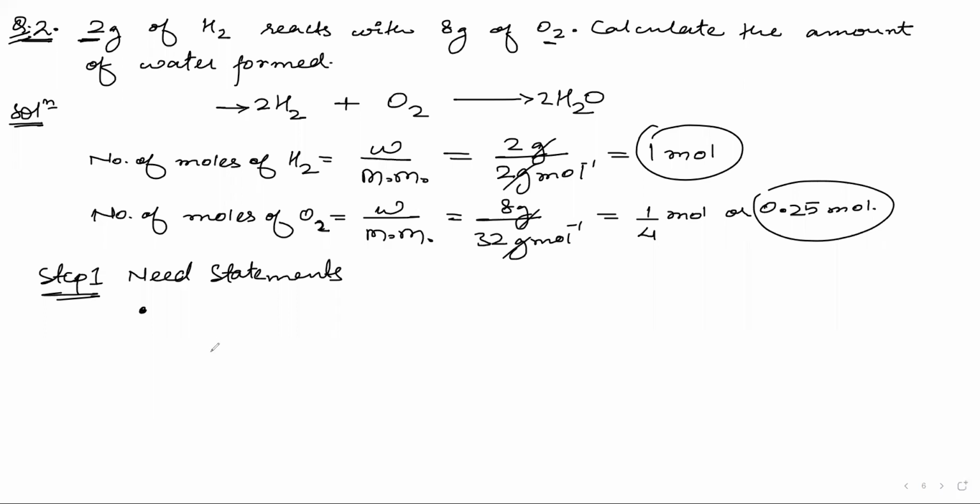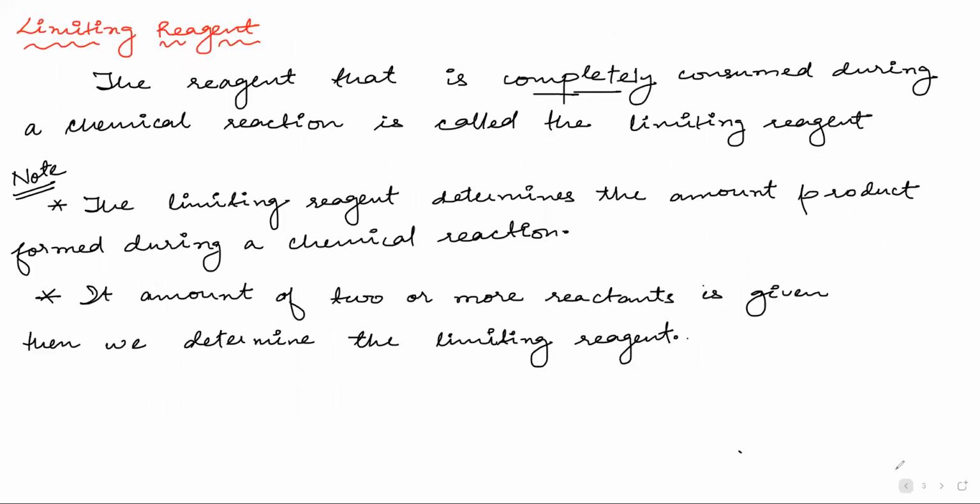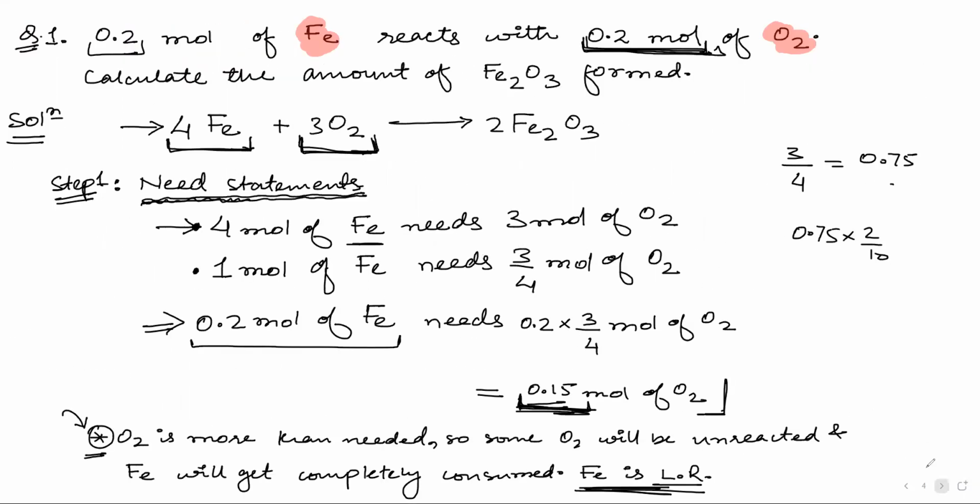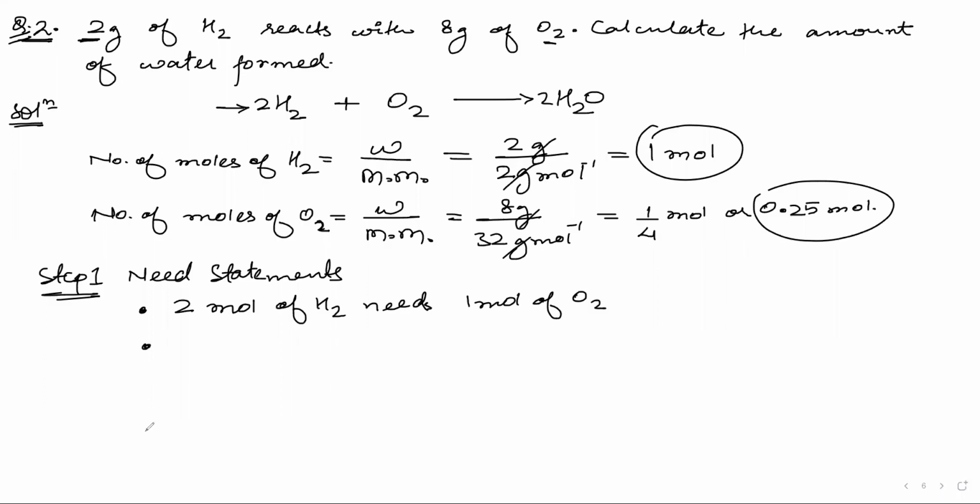Be a bit louder, please. The 2 moles of H2 gas reacts with 1 mole of oxygen gas. H2, 2 moles of H2 needs 1 mole of O2. Very good. To produce 2 moles of water, that much is the form statement. The need statement does not have produce. That's just the form statement. The latter one is the form statement, but step one is only the need statement.